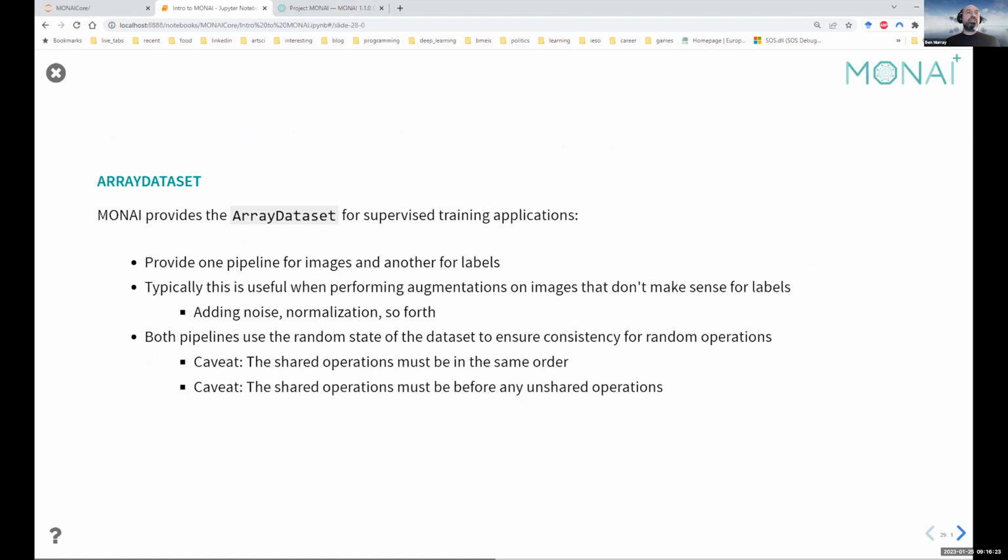We also provide as an extension to dataset an array dataset, which allows us to use array transforms in a situation where we've got images and labels, and we want MONAI to do some coordination on our behalf to make sure that everything works correctly. And what this does is it makes use of the random state of the dataset. So datasets also have a random state under the hood to ensure consistency between the two pipelines. And essentially, as long as our operations which are shared are in order, and as long as our operations which are shared happen before the unshared operations,